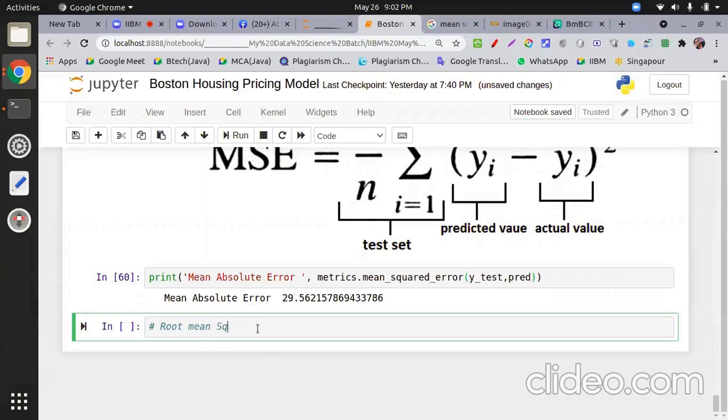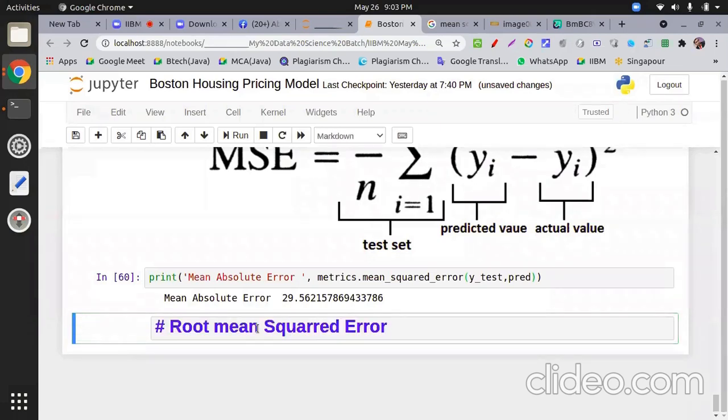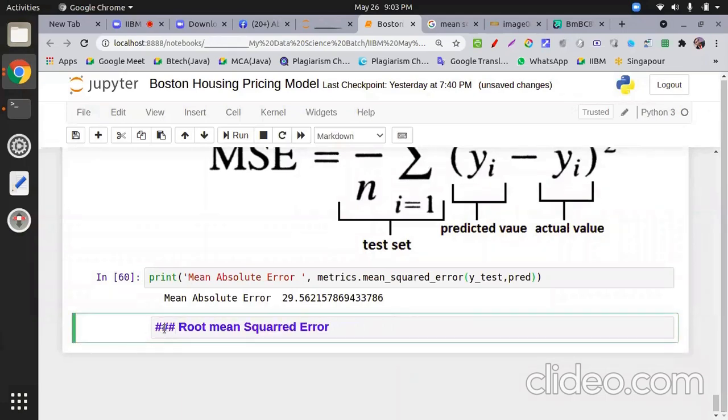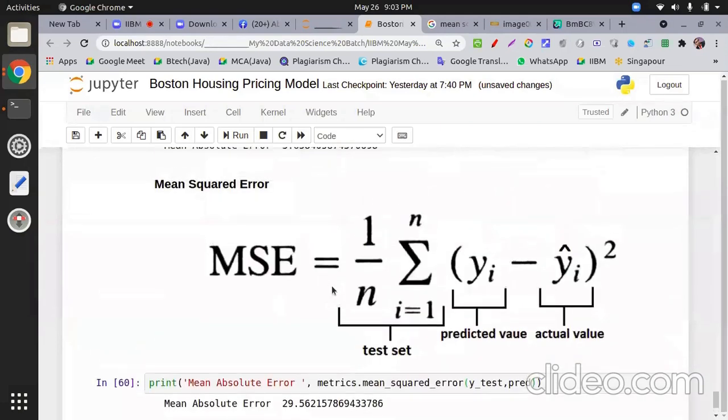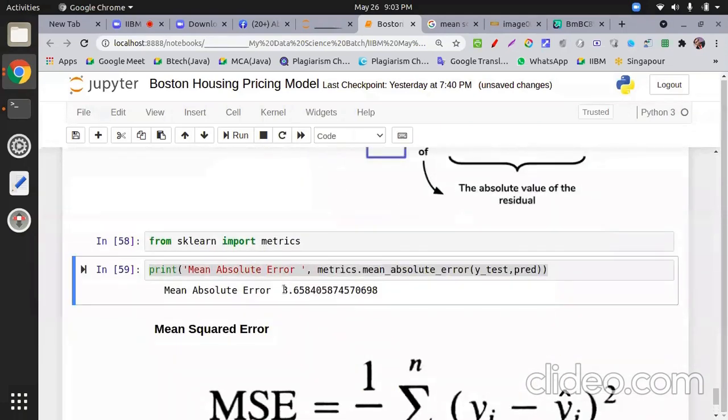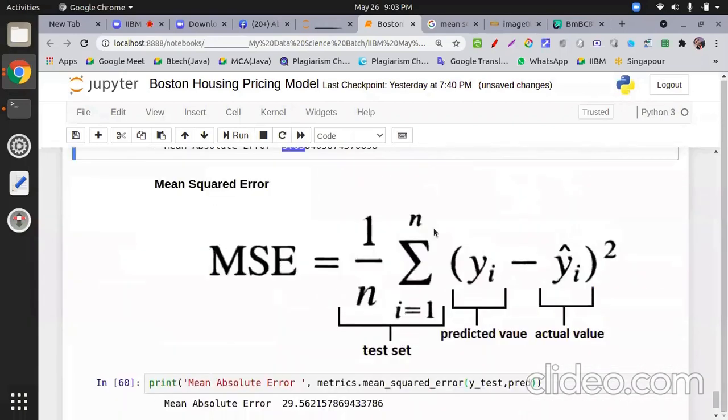Sir, this mean squared error, how could we say we got a low error rate? Because dear, what happened here? We do the square, so obviously it will not be equal to this one. Each time we are getting the square, so this is some magnification, a little bit higher values.